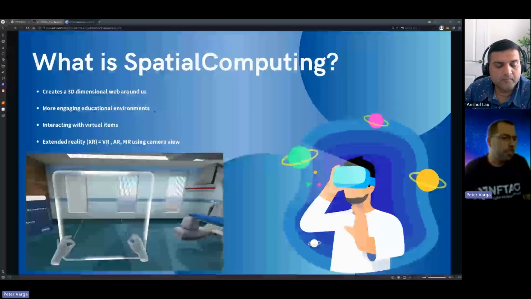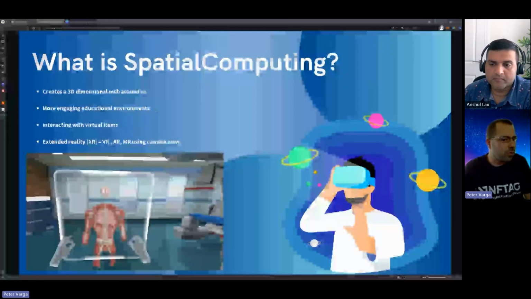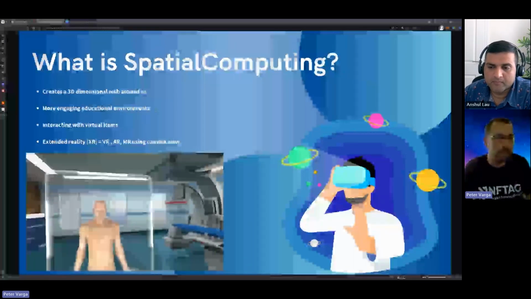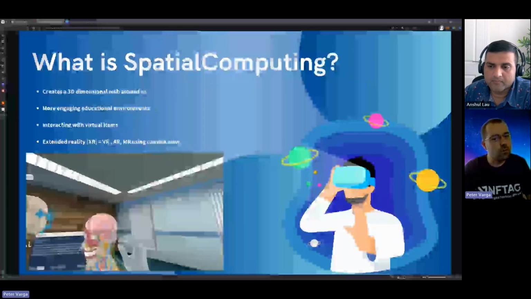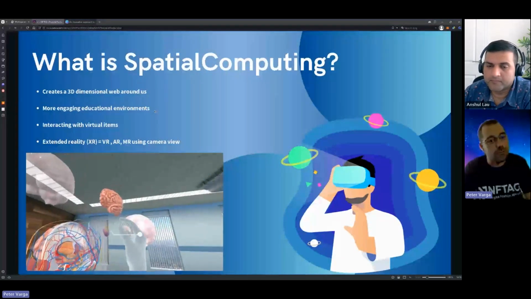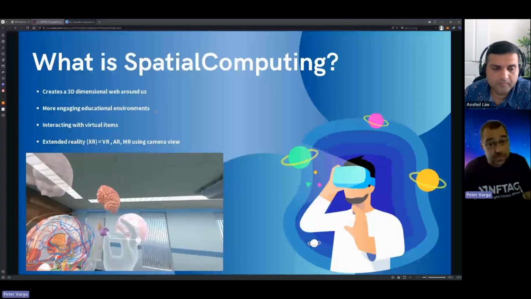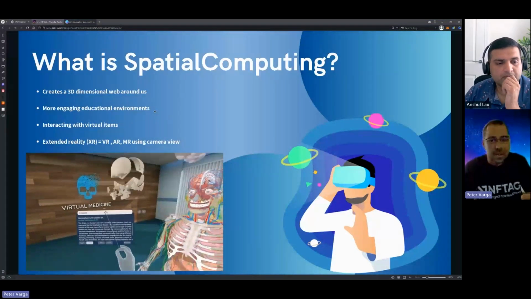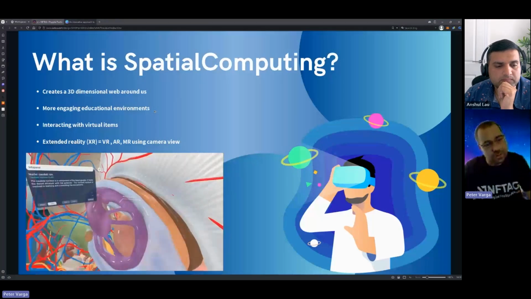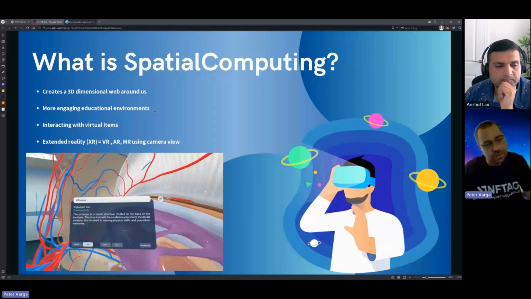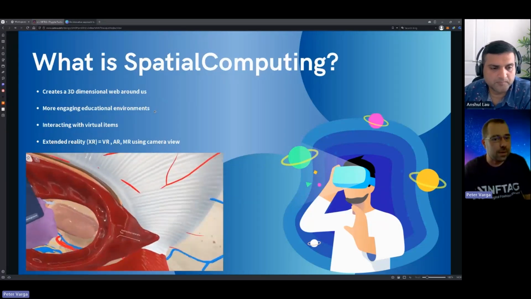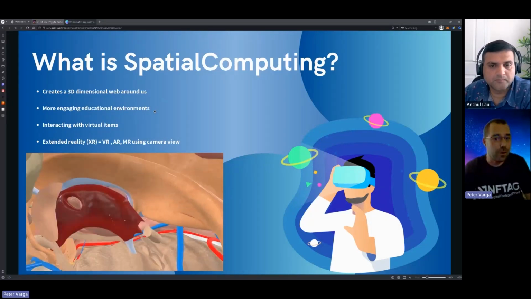People are a little bit confused because XR, extended reality, is kind of the umbrella definition of spatial computing. It is a kind of next iteration of the internet, creating a three-dimensional web around us. With this technology, the world around us can be a more interactive canvas, no matter where we are. We don't have to use a monitor, mobile phone, or laptop. The internet and the web are accessible from anywhere for everyone.